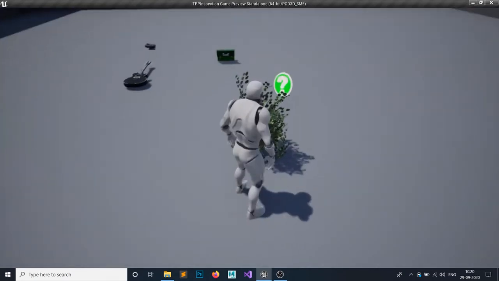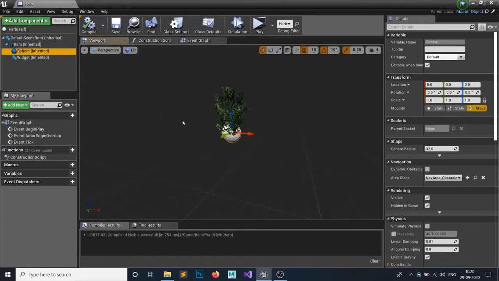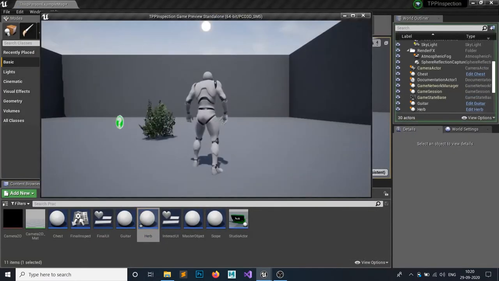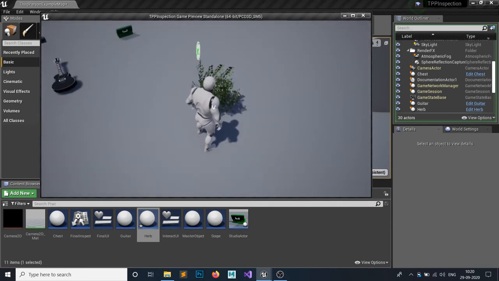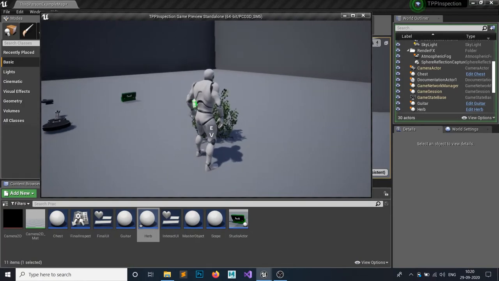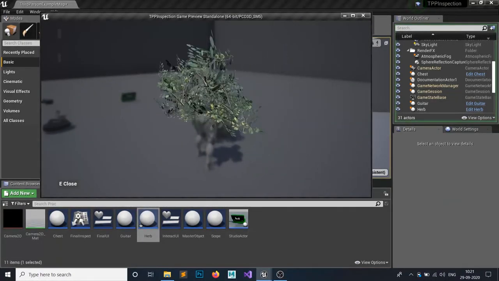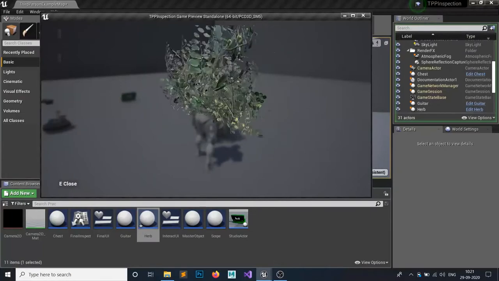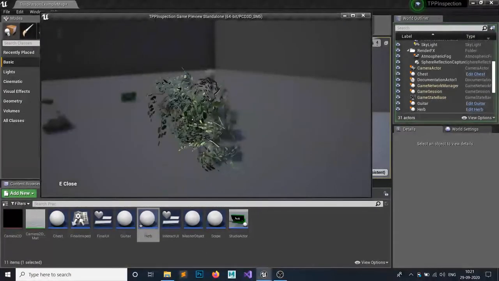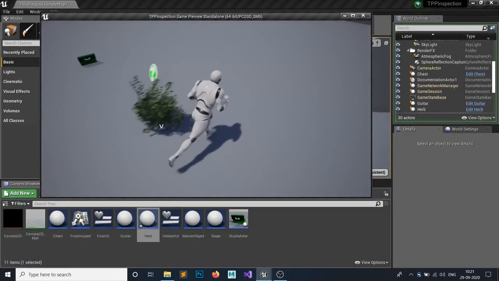So if you now go to here, why is this happening? The sphere, yes, the sphere is not so big. 3 would work fine. Yep, the interaction volume is big enough so we can step up in it. So yes, I am now standing in it, and you can see this E icon, the E. So you can see now I can inspect this. This static mesh is big enough so it is facing to us, but you can solve this by changing the transform of it. So you can see I am inspecting this herb, and if you hit E again, this is removed.